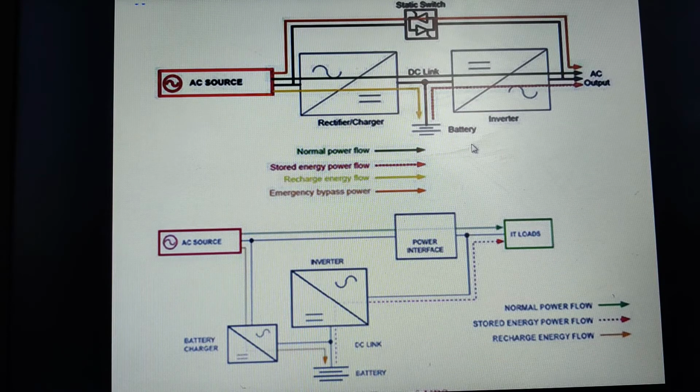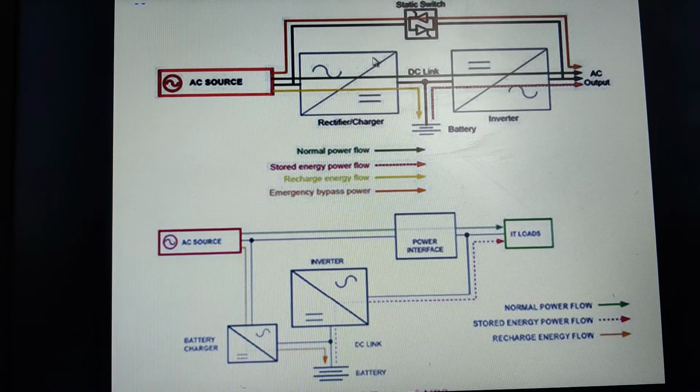It will be stored in the battery of online UPS. Can you see? This is the battery. Then from the battery you will be able to get the power supply. Can you see this green color line? This green color line indicates the flow of the power supply, whether we have the current or no. Okay, the power supply has to pass through the online UPS. Through the online UPS, you will be getting the power supply to your computer system.